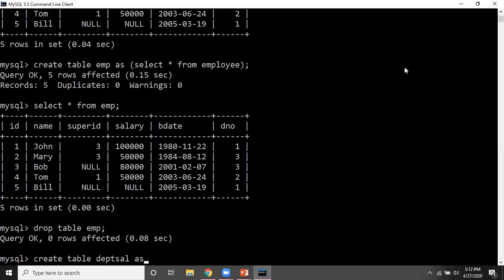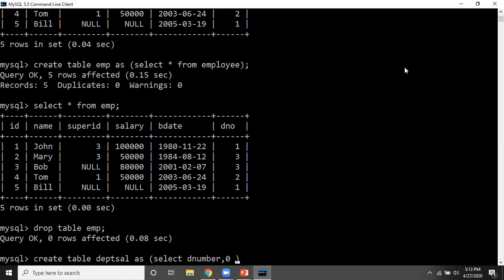Okay, now here, if I want to select only particular attributes, only particular columns, then in the brackets with select I have to mention that. So select. Now I want D number from department, so here I will write D number, comma, and one more column I want, inside which all the values I want are 0.